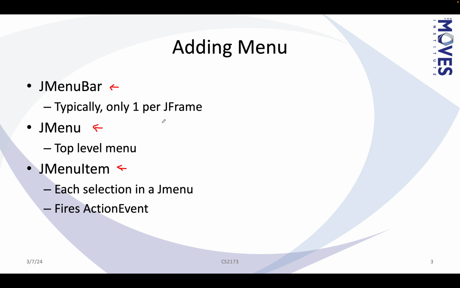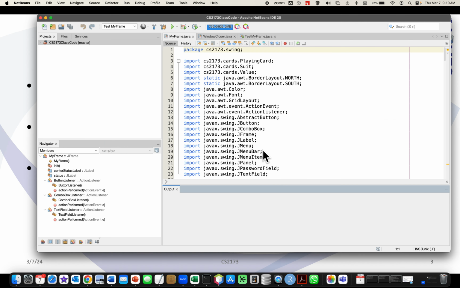Okay, so now the JMenu items are abstract buttons. They're a subclass of abstract buttons, like the J button that we've been looking at. And so all abstract buttons fire an action event. So when I select the menu item, it fires an action event. And so that allows me to use the same action listener that I've been using for the J button to just add to this without having to add any extra code. And as you know, the programmer virtue of laziness implies that if I can add additional functionality without doing a lot of extra work, then that's a positive thing. So the laziness virtue here is that the action event that I already have for the exit button is already